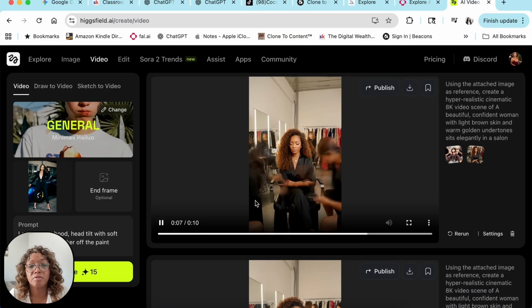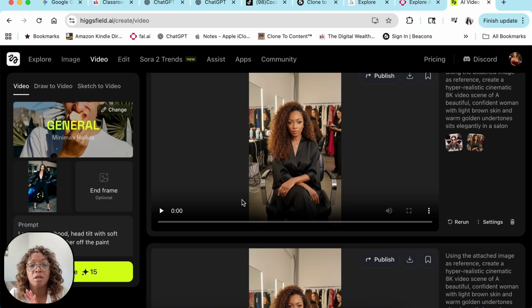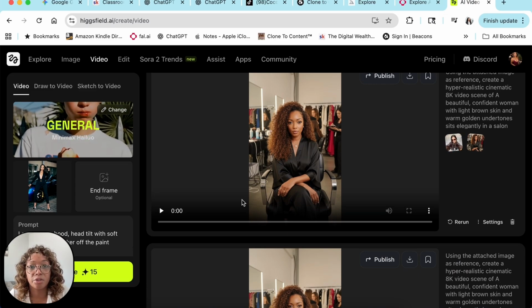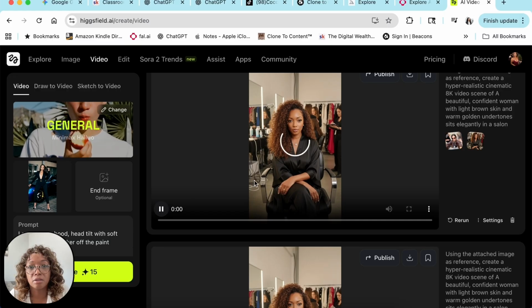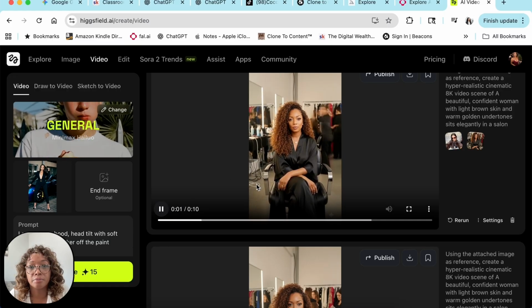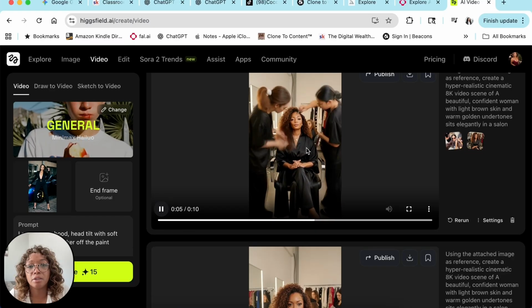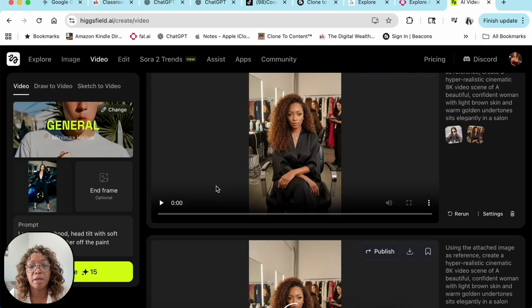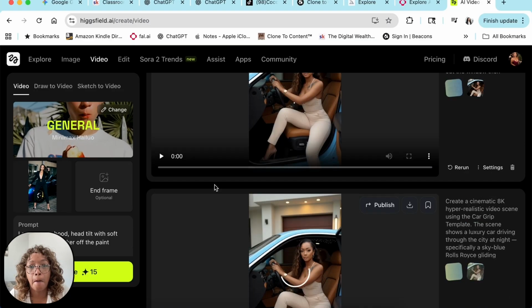I love this stuff, man. It's so fun for me. I lose hours and hours just immersing myself in this content creation. But yeah, let's see. This is another one. See, I didn't like how she scratched in the beginning, but I could cut that part out and just have the rest. So it's just about splicing together whatever you're creating.